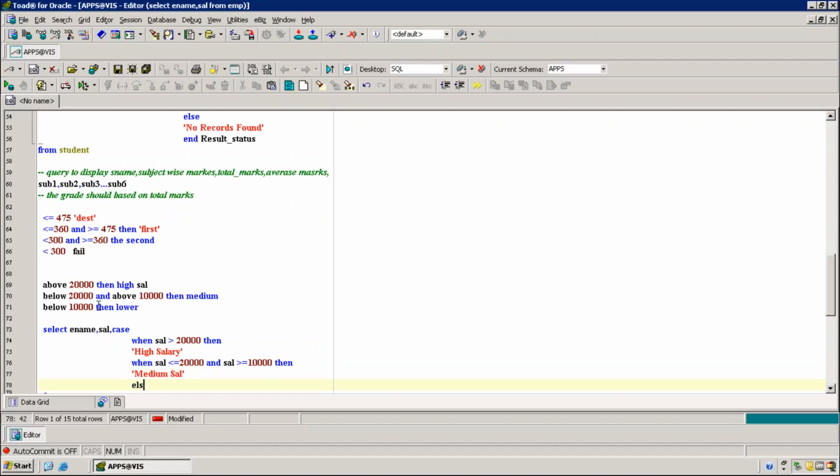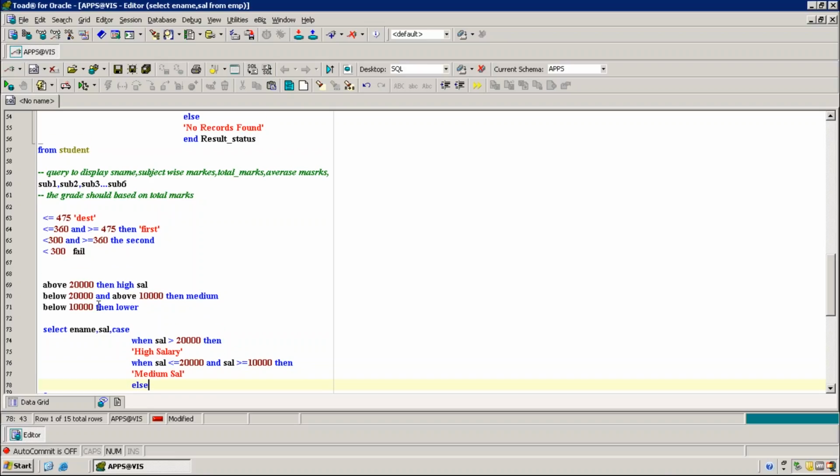When or else? Else only, right? We need to give low salary also. See, if you give these two conditions, everything remaining is below 10,000 only, right? So we have to define it as low salary.